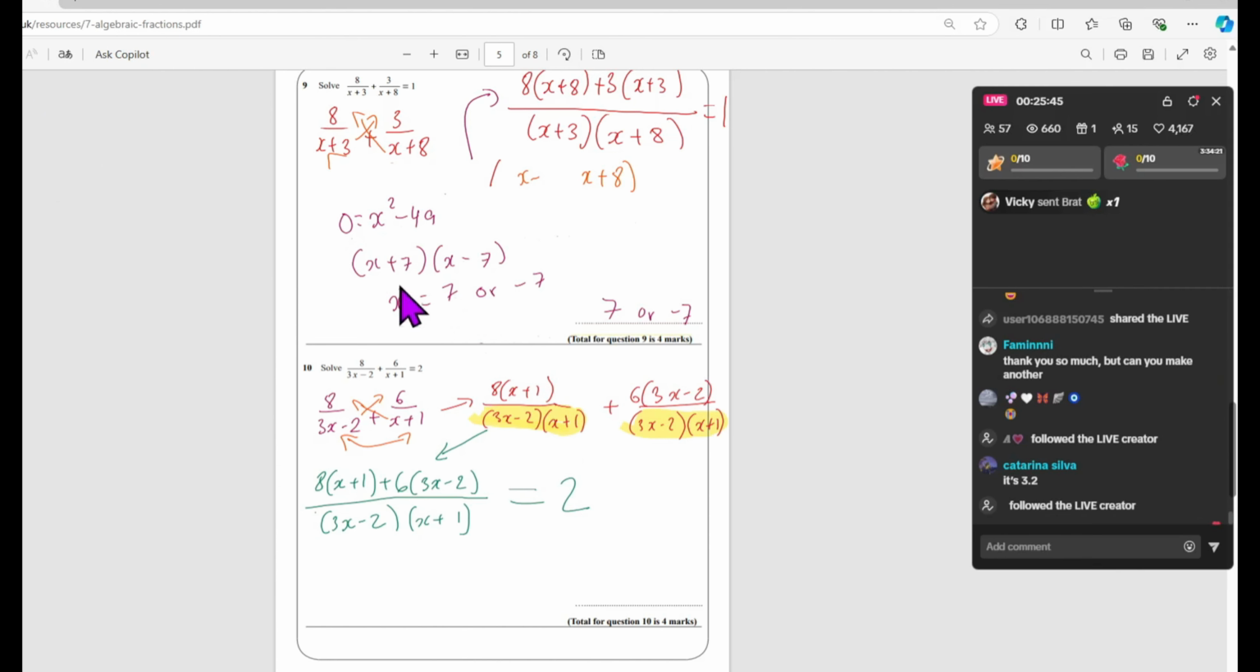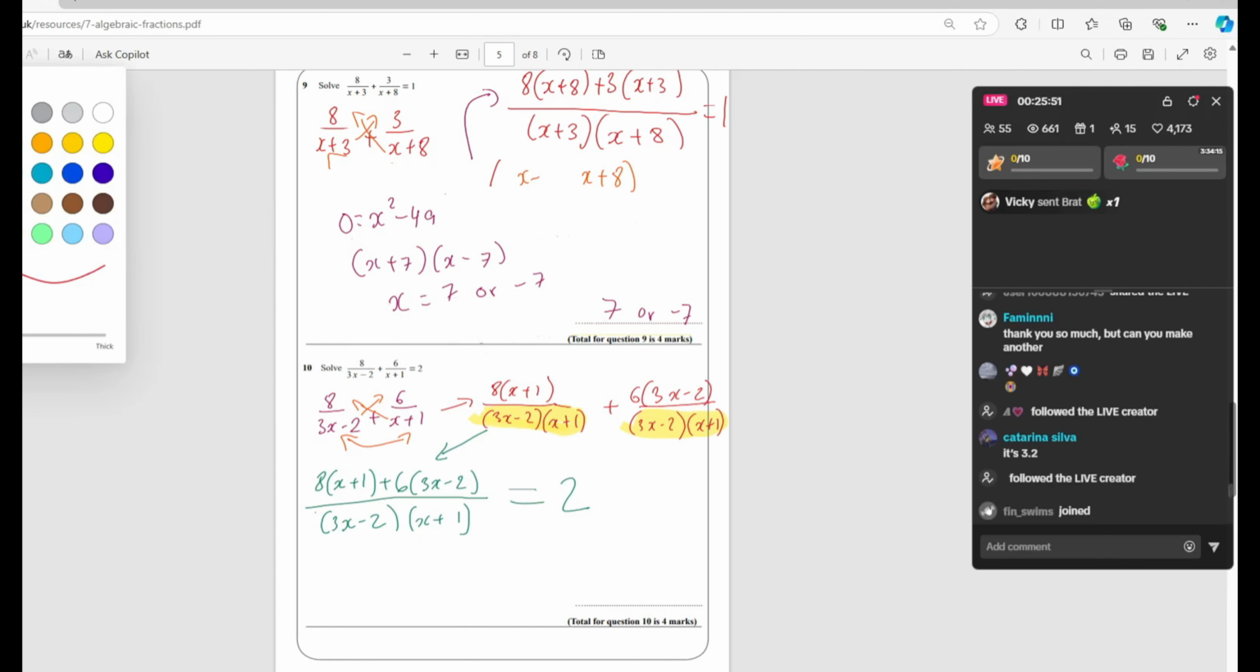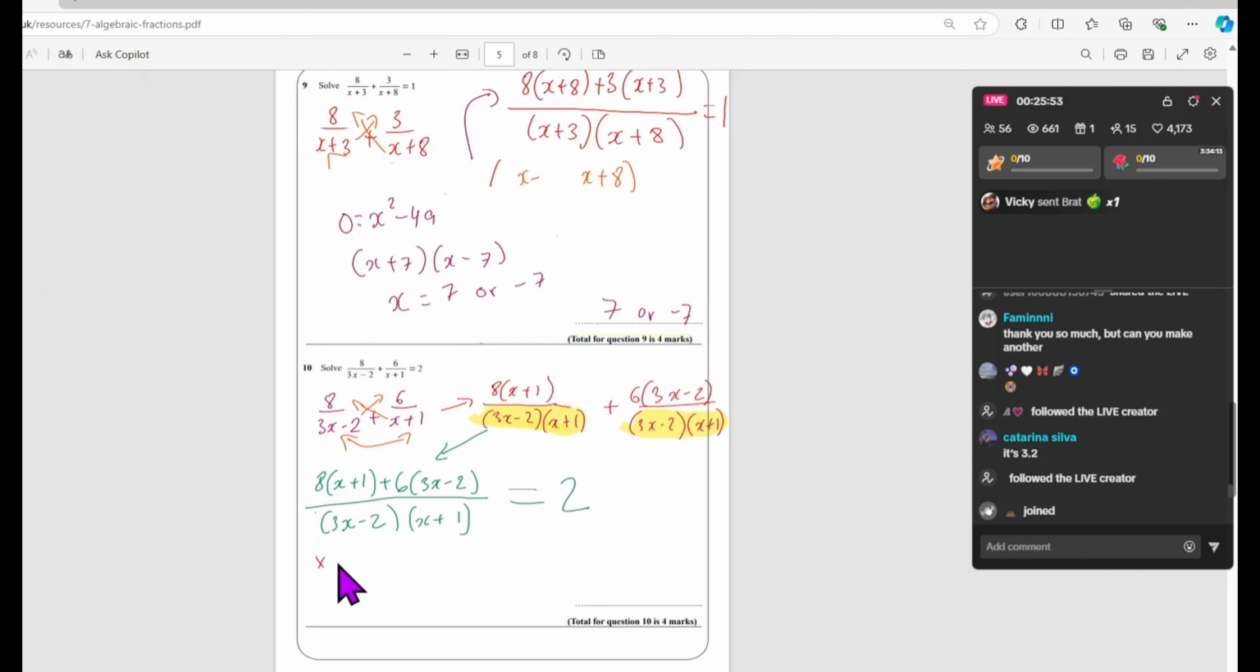Now, guys, once you have done this, we have to get rid of the denominator. To get rid of the denominator, you multiply by the denominator. The denominator is 3x minus 2, x plus 1. So you multiply it, okay? So when you multiply it, it cancels out from this denominator and we add it to here. Now, once you do that, you will get,